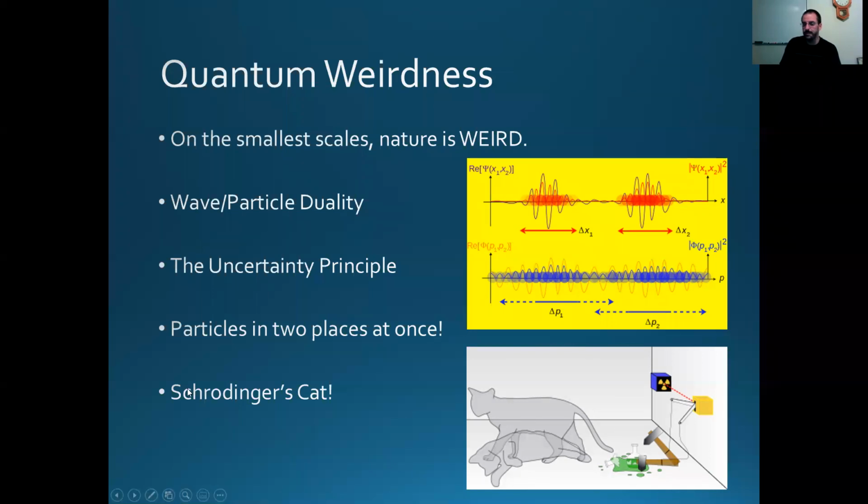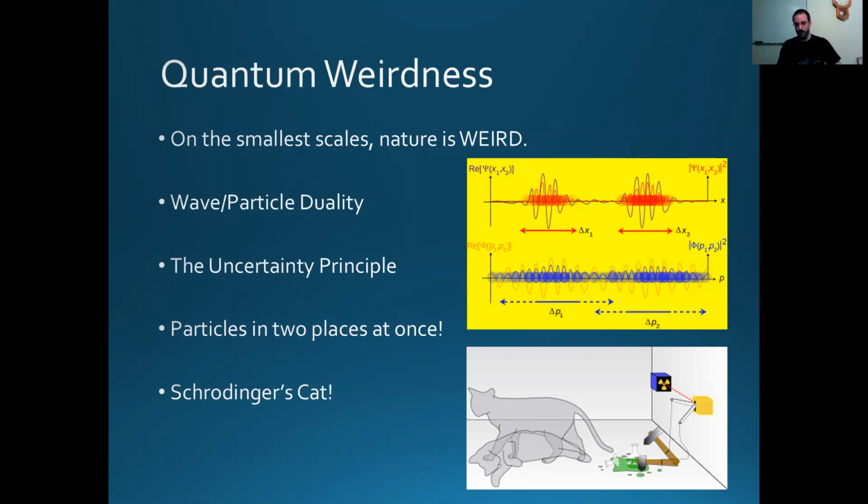The extreme example was a thought experiment, Schrodinger's cat, where I have a closed box and there's a hammer, and a little radioactive atom. If the atom decays, it trips a little lever, causes the hammer to drop, and it releases poison. It kills the cat. So the question is, is the cat alive or dead? We don't know. Unless you observe the cat, you don't know whether it's alive or dead. And in a sense, it's in a superposition, a state of alive and dead at the same time.